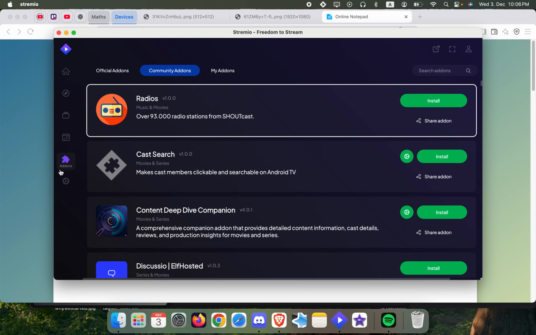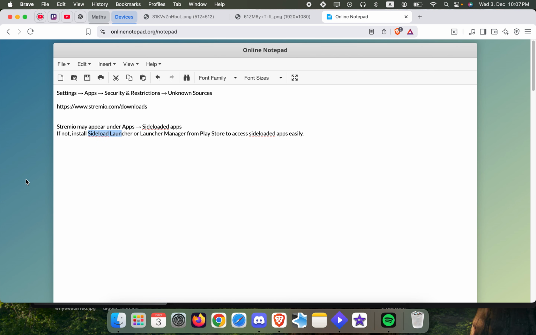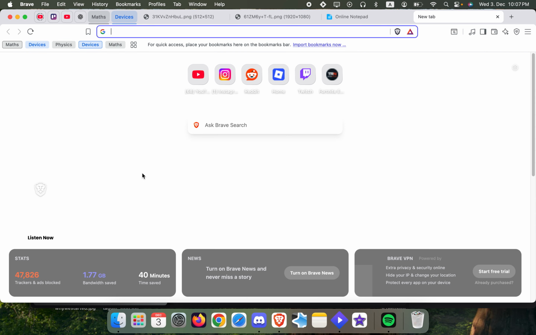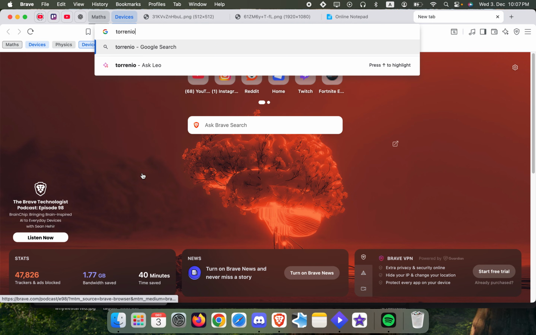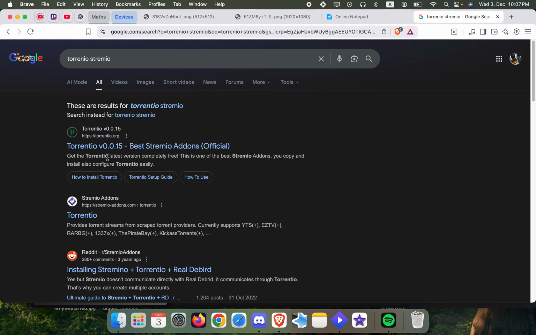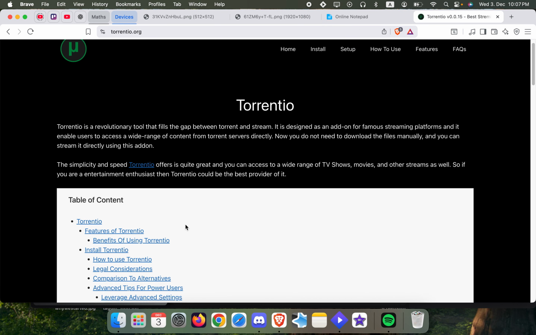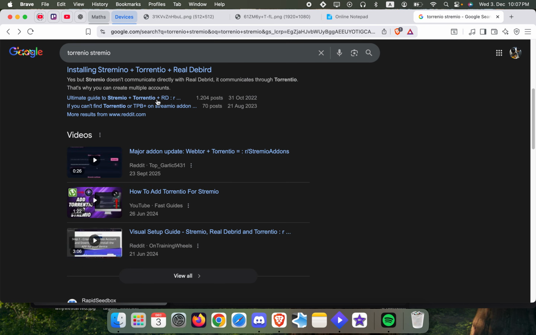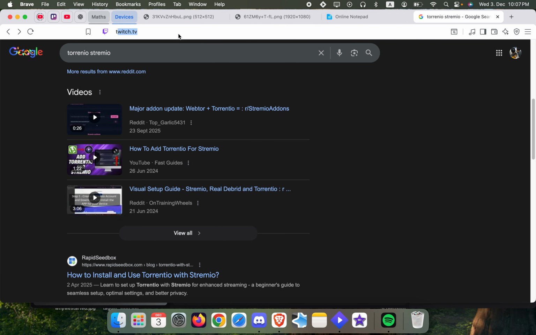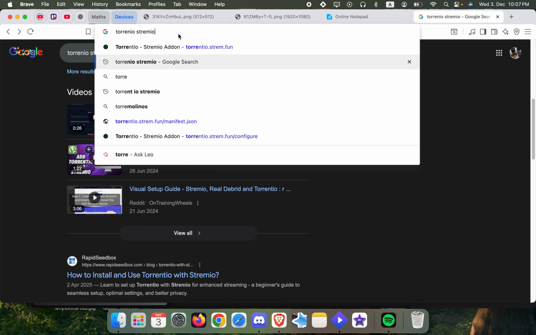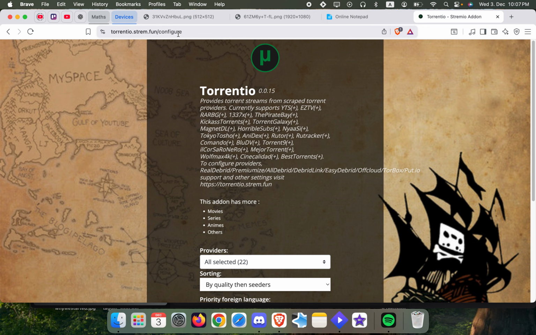Okay, now which add-on do you need? Well, for that you'll have to go to any web browser on your Android TV and search up Torrentio Stremio. Okay, just search that up and then you'll see this website. The first link, just click on that. Oh well, it was not this one. Let me search it up again. Torrentio, this one. So just go ahead and type this link on your web browser,